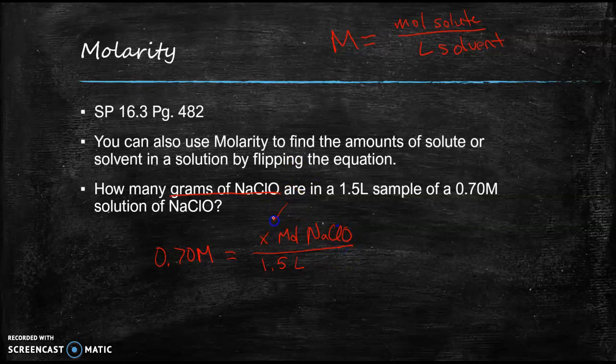We need to solve for x. So 0.7 multiplied by 1.5 will give us 0.467